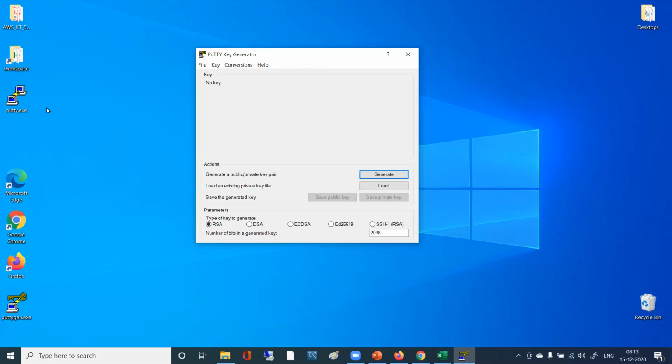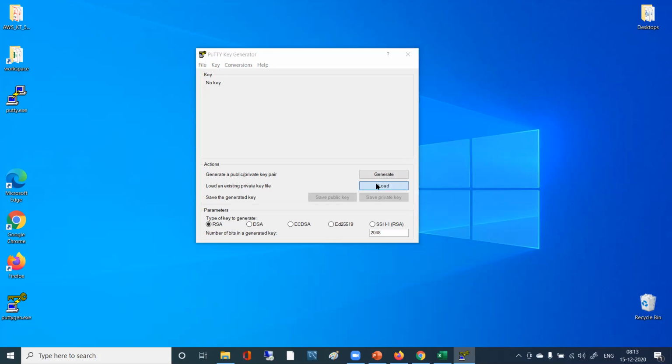PuTTY doesn't understand that, so we have to convert that PEM into PPK, a PuTTY private key. So how to do that? Load an existing private key, right? We are not generating, we are loading an existing private key file.